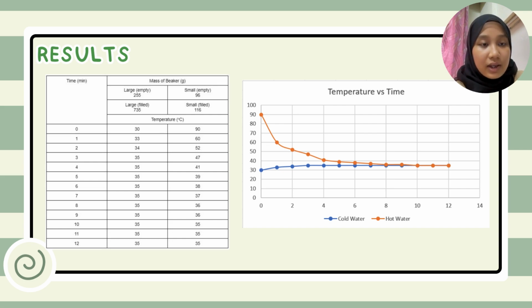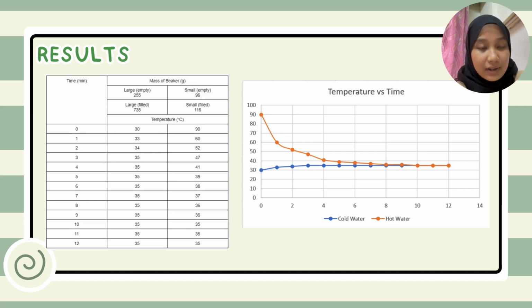So for the large one, when it's empty, the mass of the beaker is 255 gram. And then when the beaker is filled with the water, the mass is 735 gram. So for the small beaker, the mass when it is empty is 96 gram,